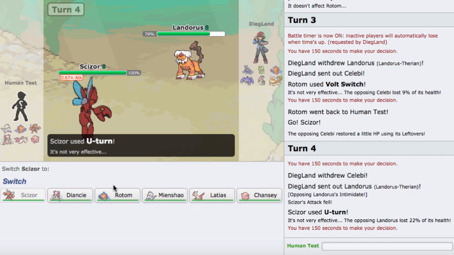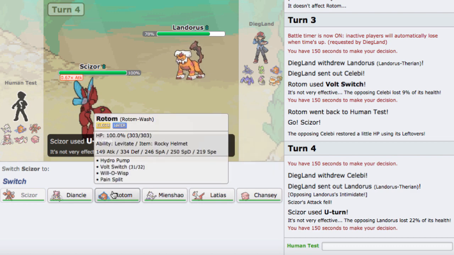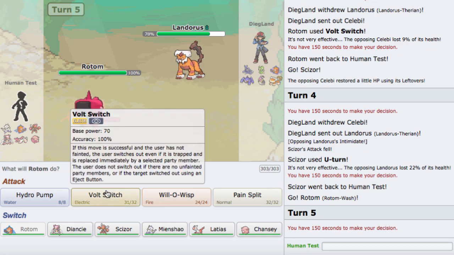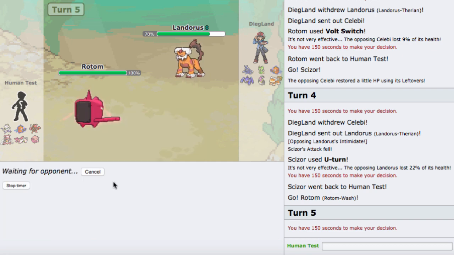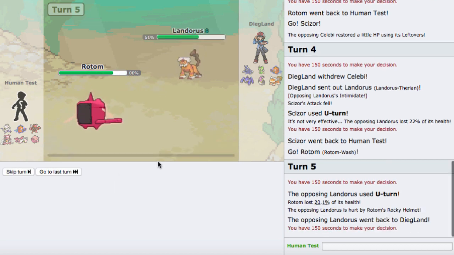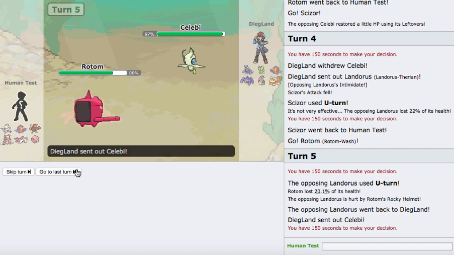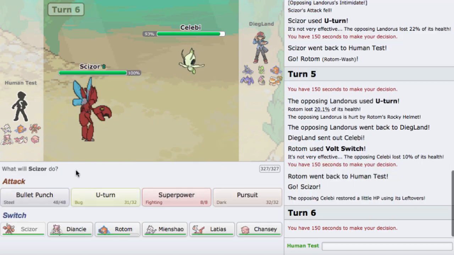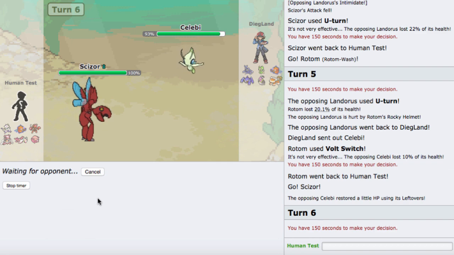I am Choice Banded, so yeah, I'm just going to go into my Rotom here, and it does seem that he is Scarfed, just judging by how much damage that did after Intimidate. So I'm just going to go for the Volt Switch here, as he does U-turn. Yeah, so I'm pretty sure he is Scarfed. I do pack the Rocky Helmet on this Rotom, of course, and I can just go ahead and Volt Switch here, right back into this Scizor, keep up this nice momentum chain going on, and probably try to late game clean with